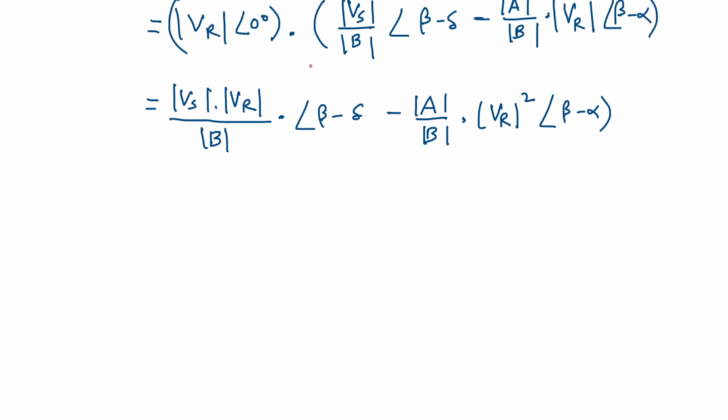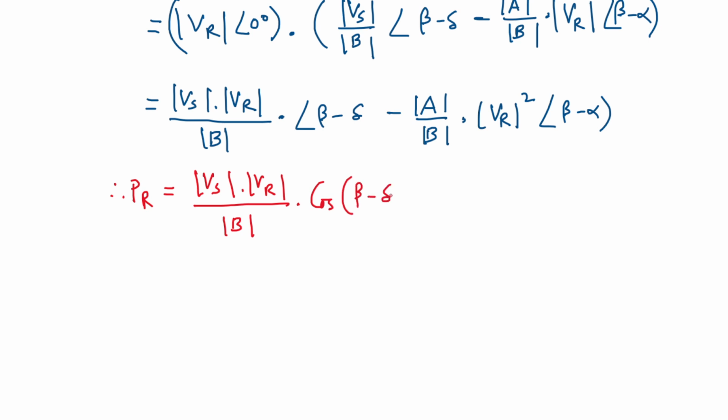So we can write PR is equal to Vs VR by B magnitude into cos of beta minus delta, minus A by B VR square cos of beta minus alpha,